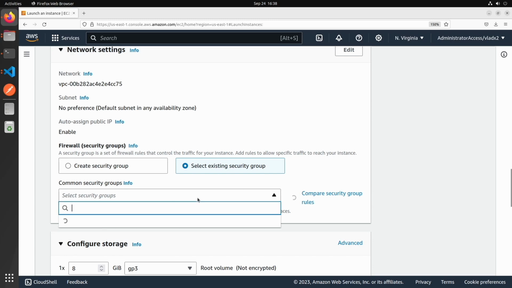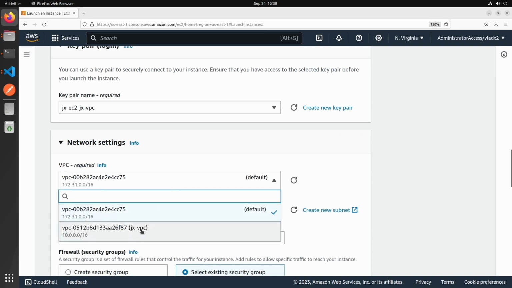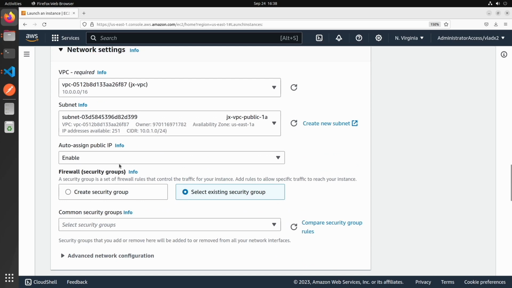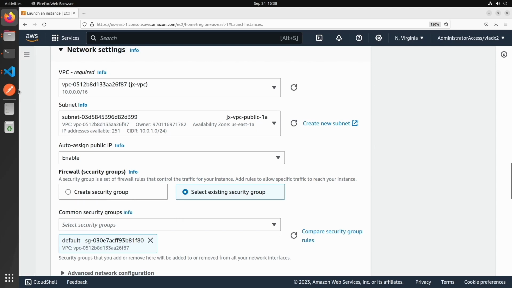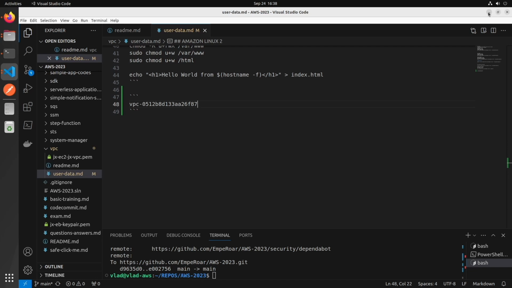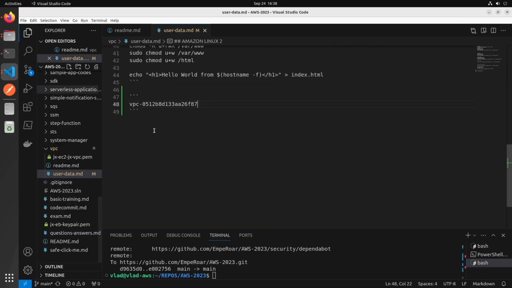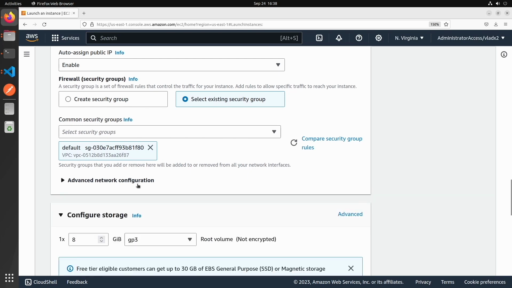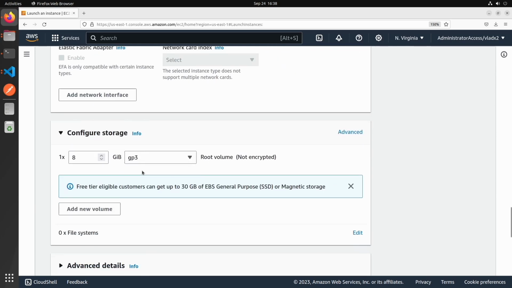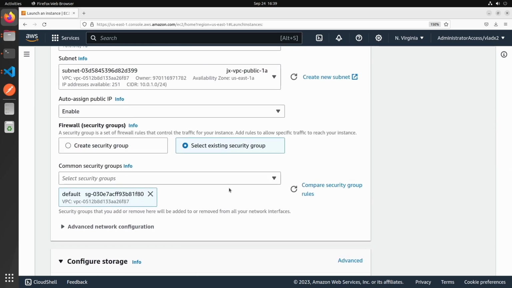Then let's select the security group. No, we have to edit this one to use the VPC that we just created, and then the security group will be this security group, 0512. Next, do we have to set it so that it will allow both HTTP and